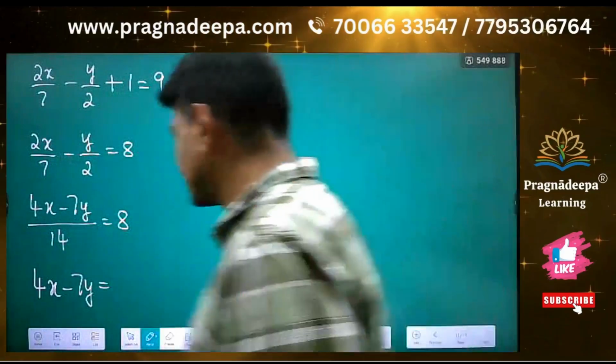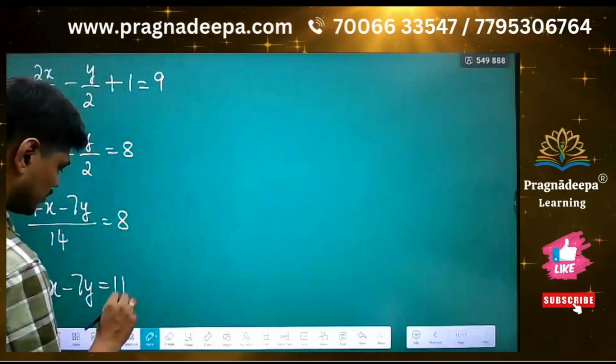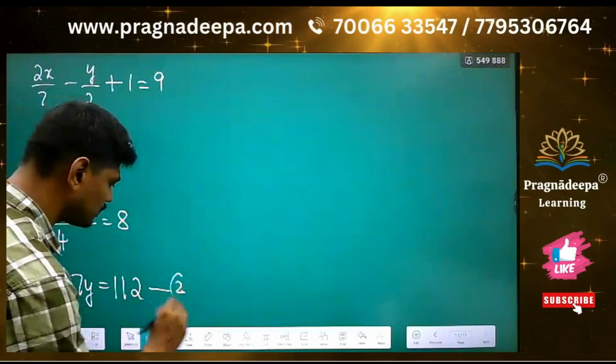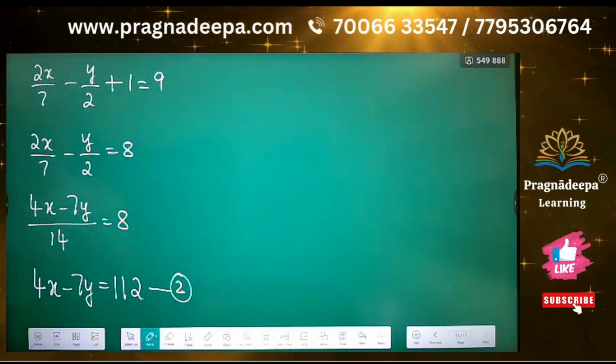Yes, Jayant? 112. Good. So now this is equation number 2 in the simplified form. But do a quick check: a1 by a2 is not equal to b1 by b2. Correct here? And in exams, when students are asked to solve, they always ask